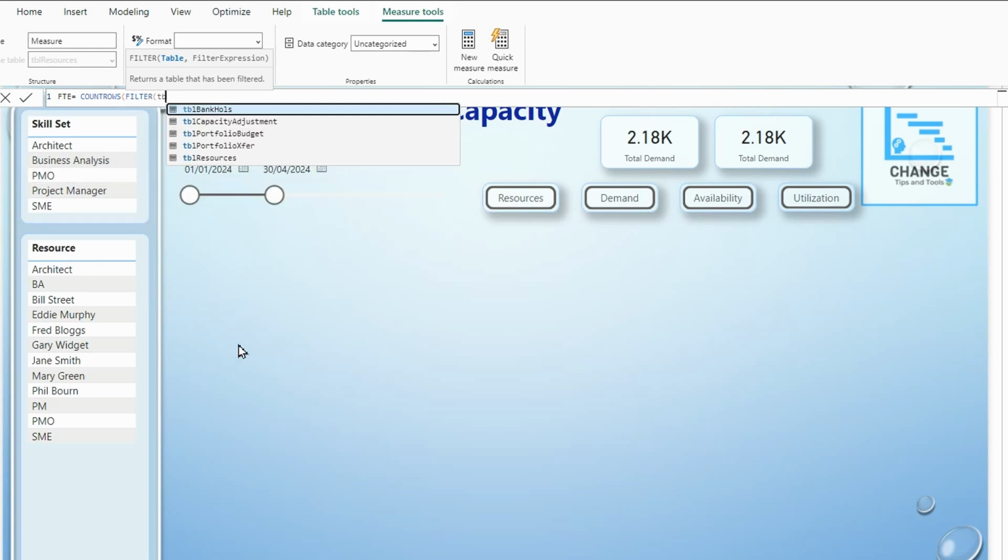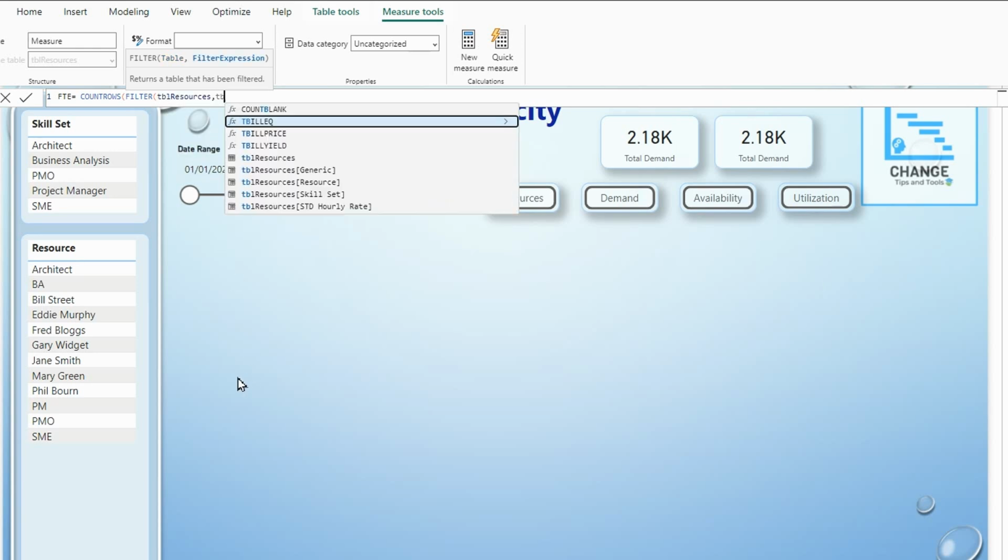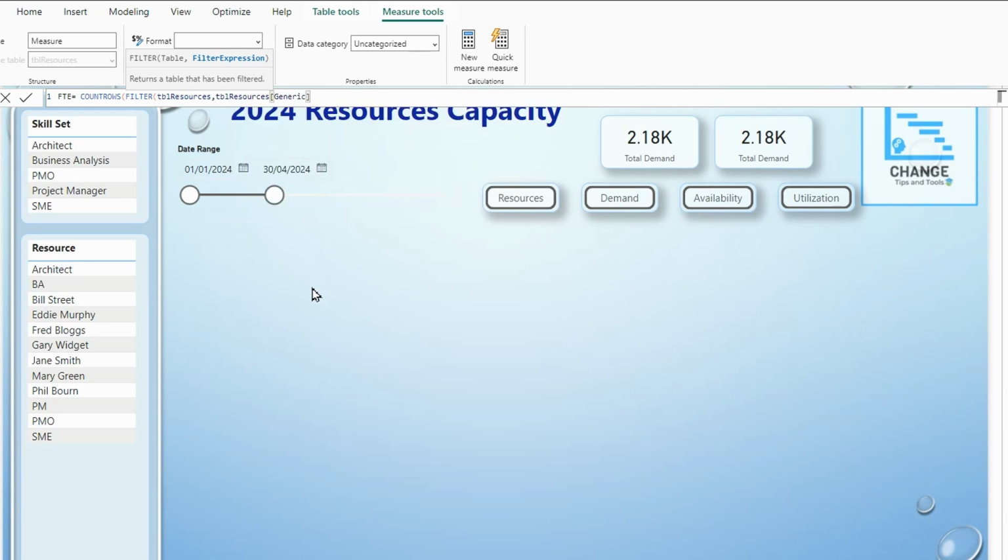So the table is going to be my resources, table resources, and the criteria is going to be where table resources generic equals "N" for no in quotation marks. So I'll close the bracket on the filter, close the bracket on COUNTROWS. So if I then hit return,